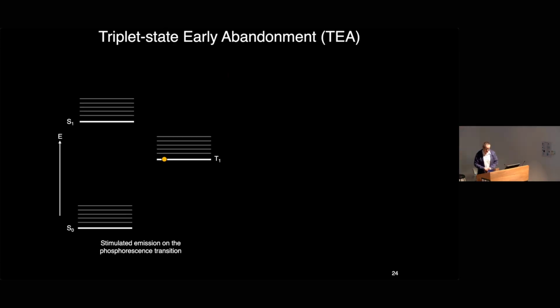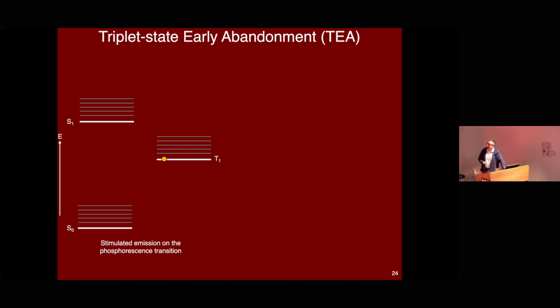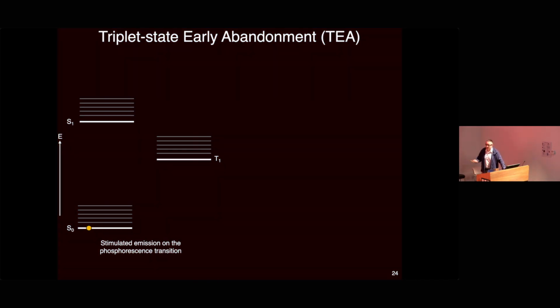So, we would like a method, which I've called T, to try and get electrons that are in the triplet state back down to the singlet state. And so the original idea was to just blast it with red light corresponding to the phosphorescence transition, because then you should be able to drive that electron down by stimulated emission. So we put a lot of red light on, and eventually we coerce the electron to fall back down without